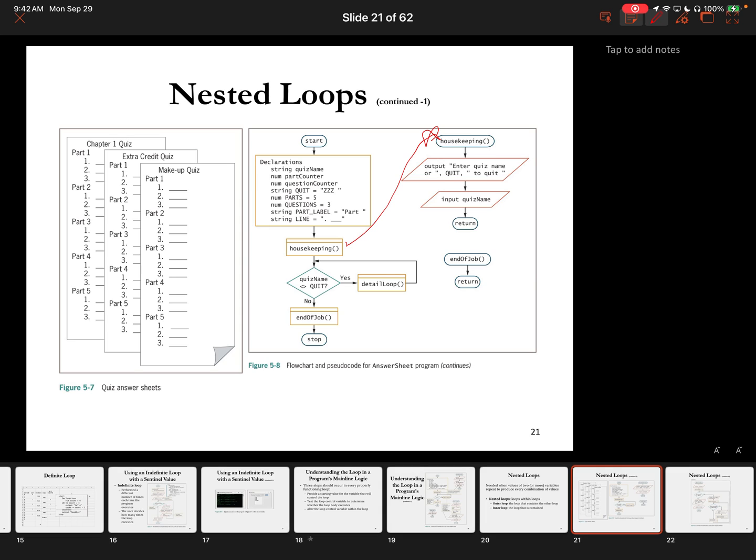If you put in a test name, it doesn't matter. You can say Lisa's quiz, Kevin's quiz, whatever's quiz, it's going to start printing that document. How do we know? Because